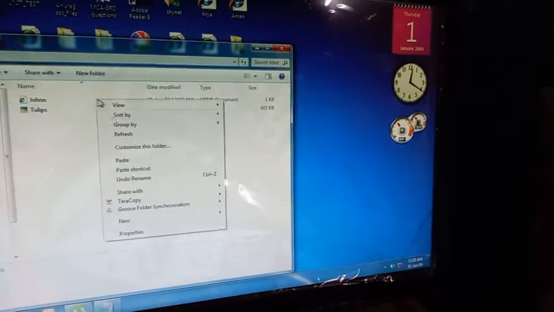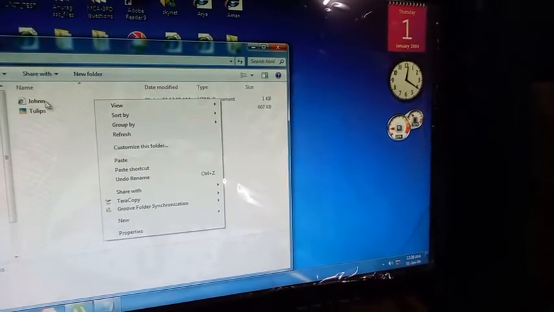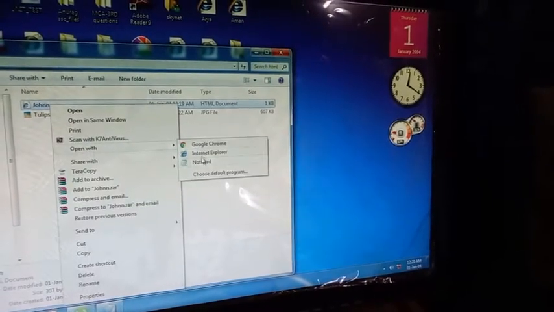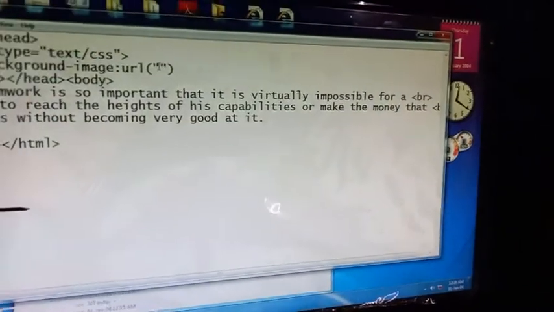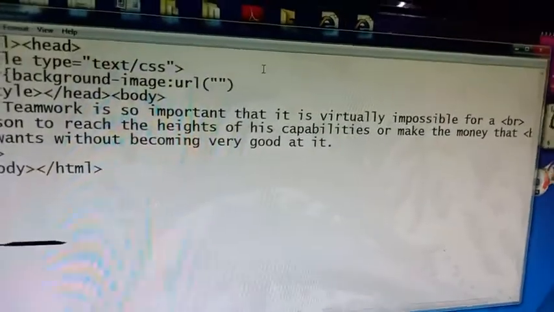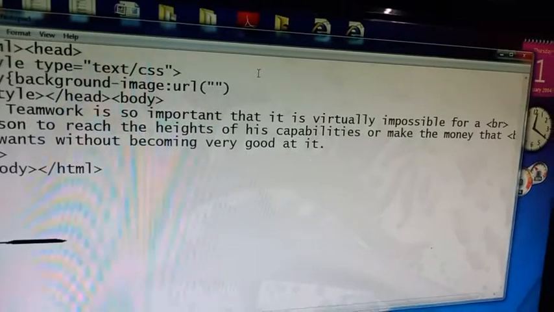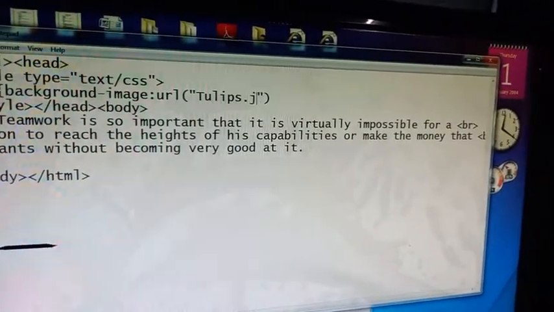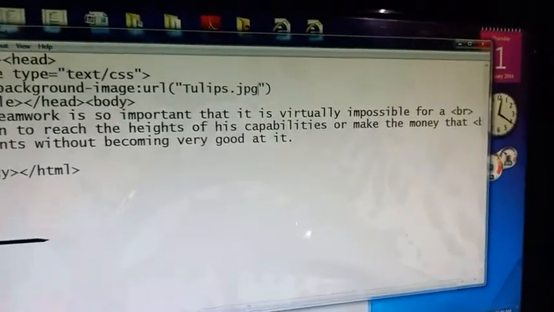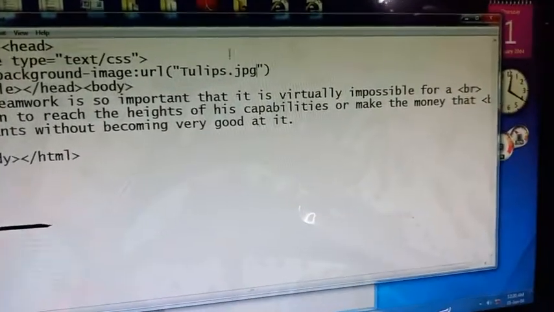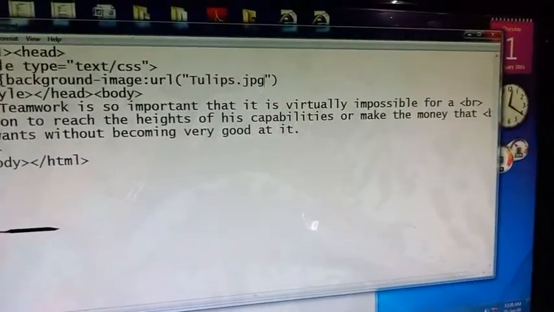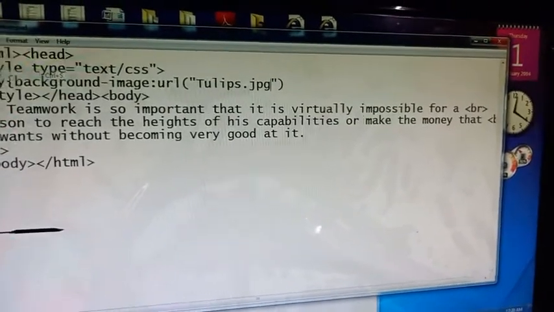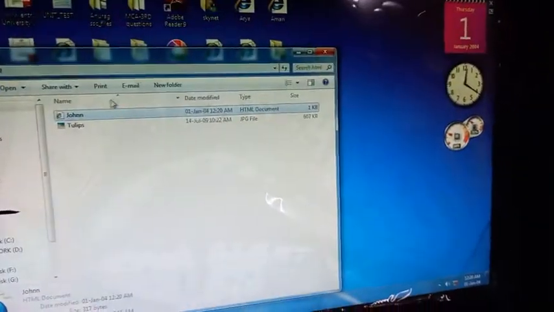Now just open the file and just here give the name of the image with its extension. Say tulips.jpg. We will use this if you find any difficulties to add link. Save it and now run this.